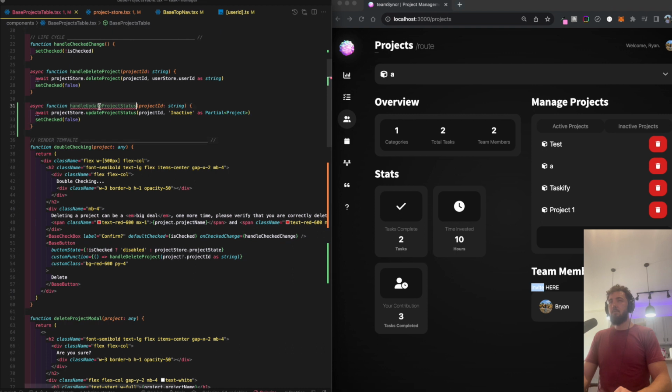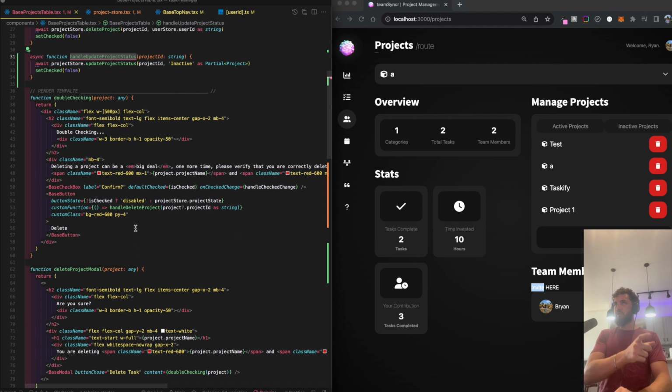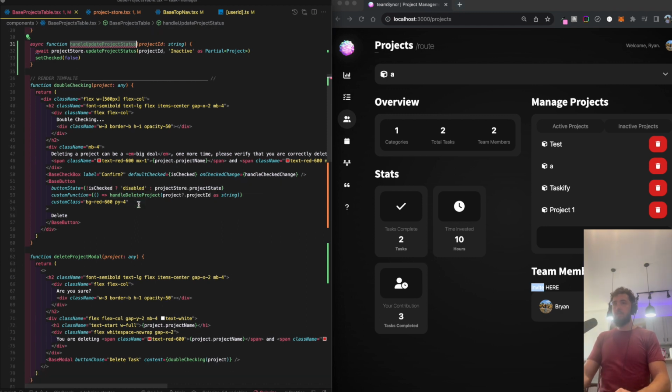And basically, we just want to fire off that endpoint where we're changing the string value from active to inactive. That's all. That's all we're doing. And then we're going to conditionally render all the projects that are...